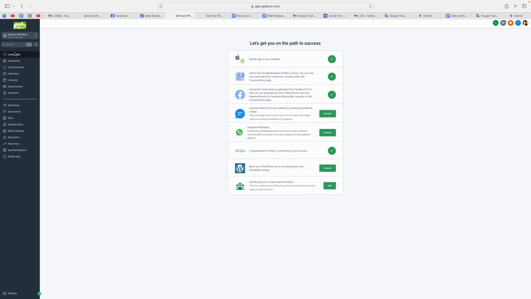Let's work our way down from the top. When you log into the CRM, you have the Launchpad option. So basically, you're going to be able to sync all your other platforms here. You can sync your mobile. You could sync your Google My Business if you have one, your Facebook, your Instagram, your email, and so on and so forth. You could hook up your WhatsApp if you have one, Stripe if you want to accept payment